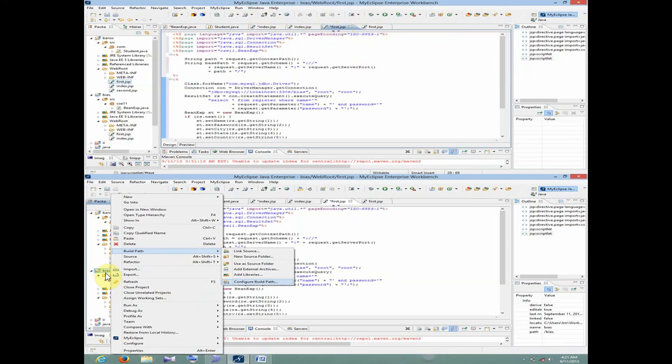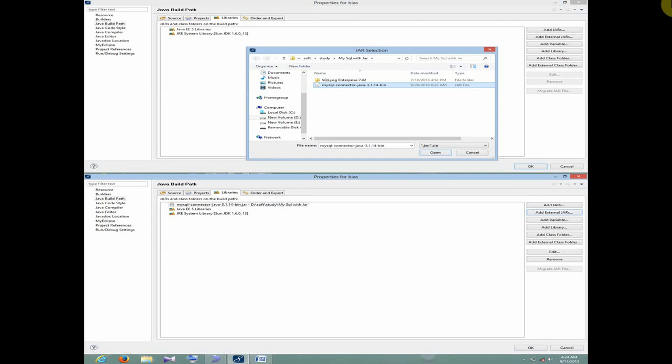Also we have to write here the build path. तो ये भी आपको कॉन्फ़िगर करना पड़ेगा बिल्ड पाथ. तो आपको MySQL से कनेक्ट करना है. Then you have to write here library. You have to select library, and inside the library you will have to collect the JRE system library, and then you will have to collect the MySQL connector Java 3.1 something, this one.